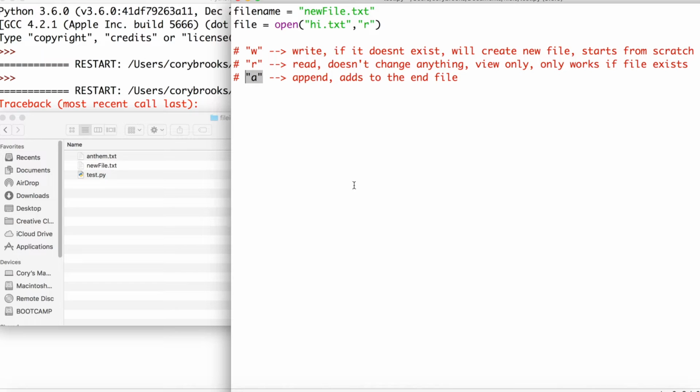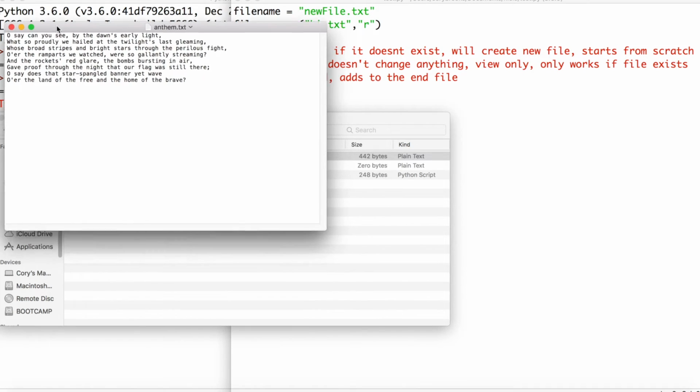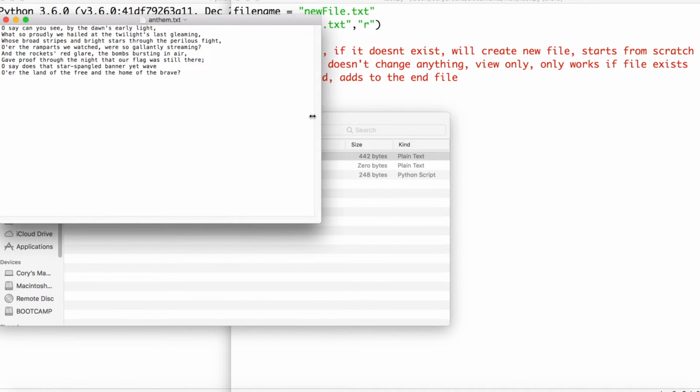It allows you to keep your old data and add new data. So let's do an example with reading first. There are a couple different methods you can use to read data from a text file or from whatever file you're looking at. So here you can see I have a file called anthem.txt, and this is just the national